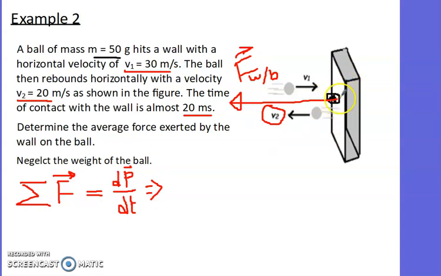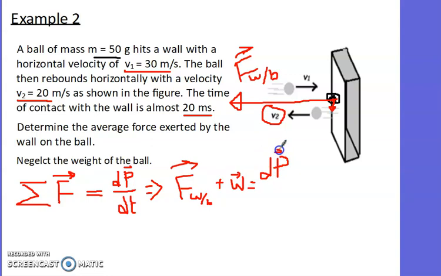While the ball is in contact with the wall, there is the weight, right? And the normal force exerted by the wall, which is F wall on B. So the force exerted by the wall, in reality the normal force on the ball, plus the weight of the ball is equal to dp